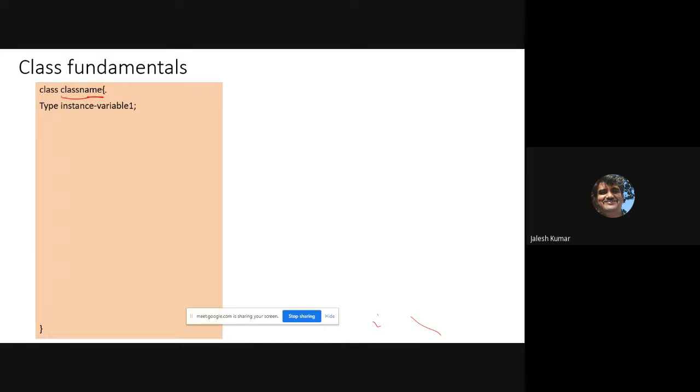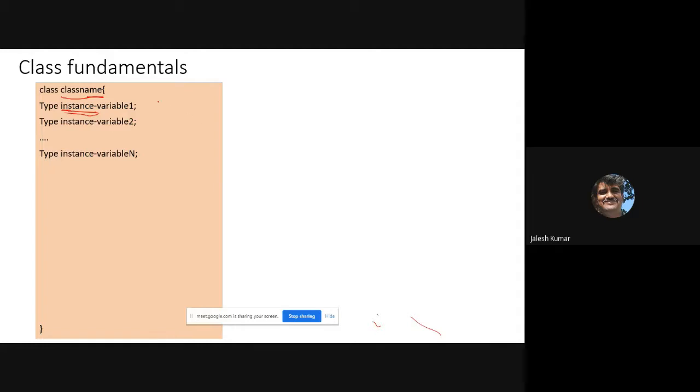Some variables you will type, and I name them instance variables. You remember the word instance variable. Any number of variables you can define, n number of variables.